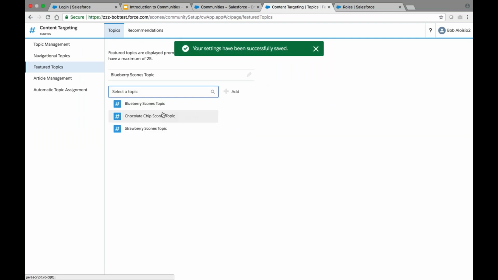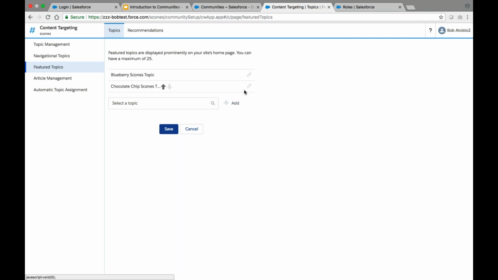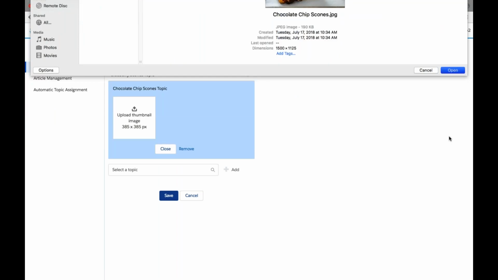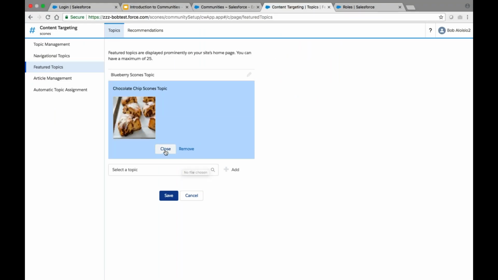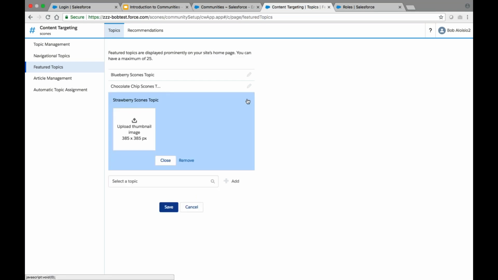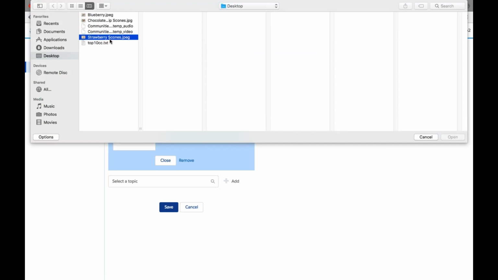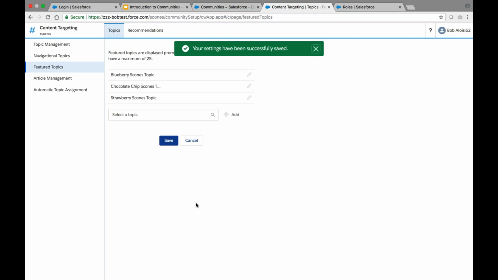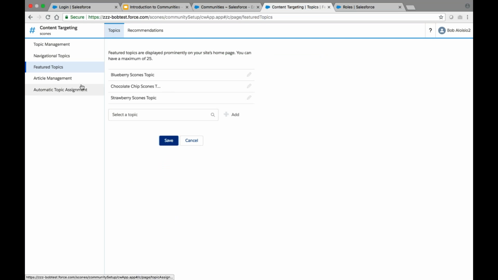And we're going to do the same for our other topics. So as you can see, we've added our 3 topics to our featured topics, and we've given them images.